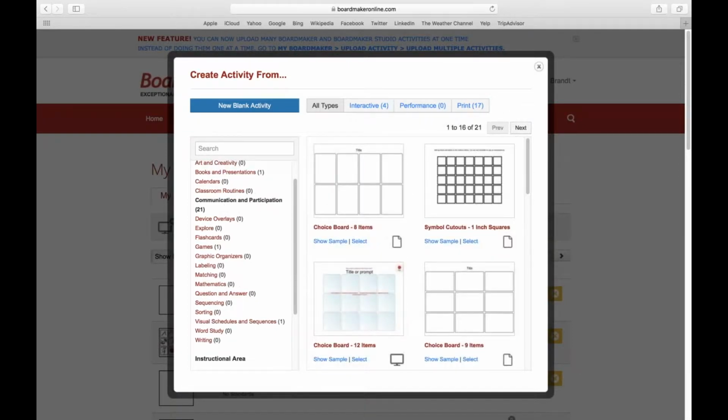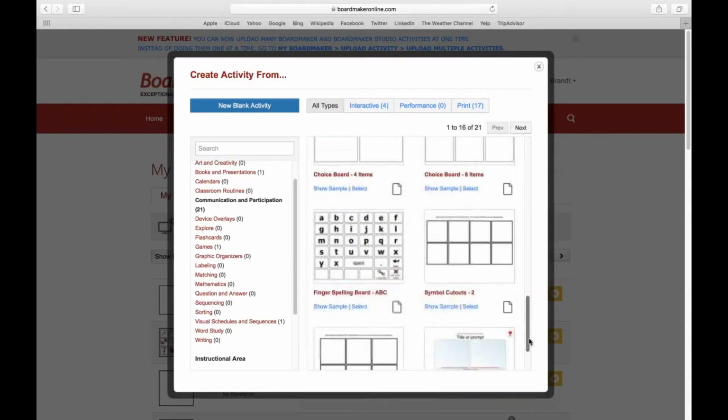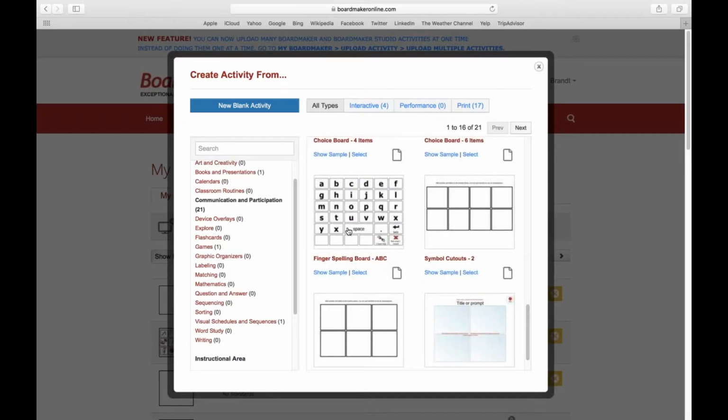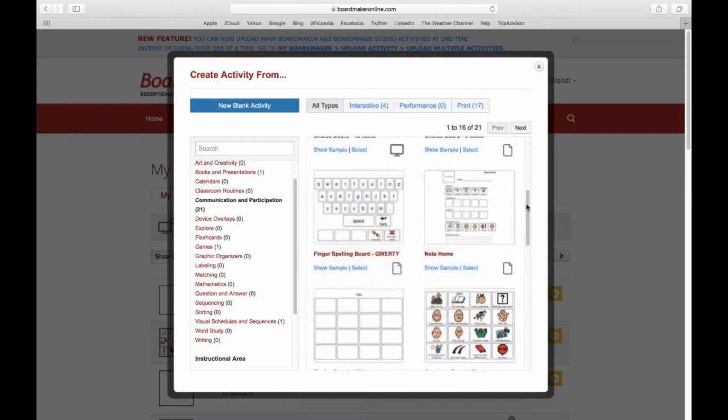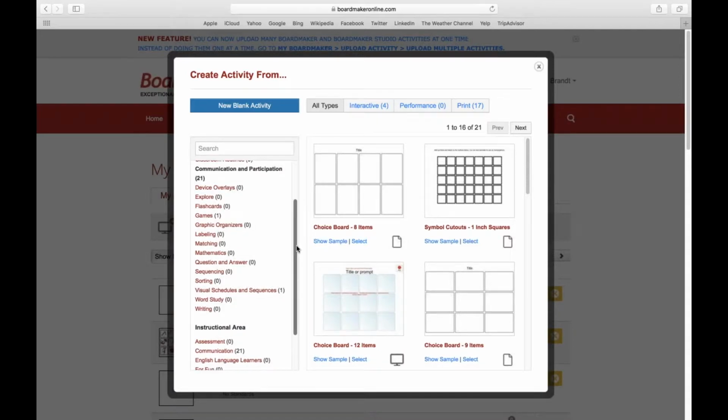If you click on any of these categories here, I'm going to click on communication participation. And here you can see some choice boards. Some of them give you some directions on how to best create this activity. So that's kind of cool. Just really easy. Here's a keyboard one for finger spelling. I'm not going to open these up because these are pretty self-explanatory. I'm going to open up one that's an interactive one that you can create. So let's go to